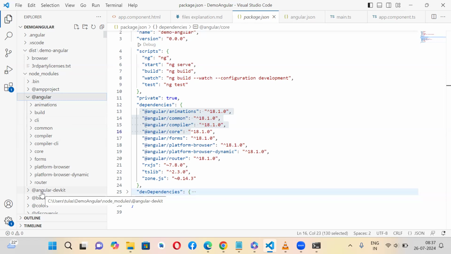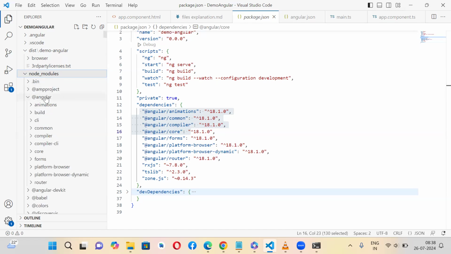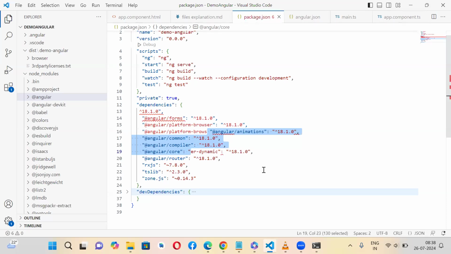Okay. Node modules is nothing but your local library. Local library means whatever package you are using in your project, if you want it to work, it should be present inside this node modules. Otherwise, what I'll do is I'll go and delete this Angular. If I delete this Angular package, nothing will work. Angular won't work because